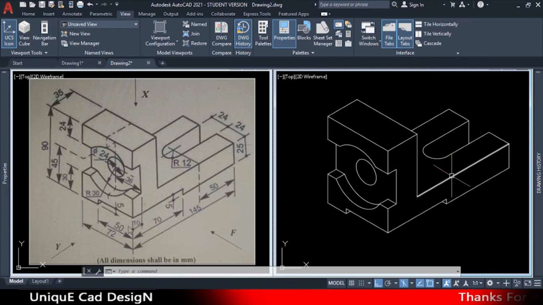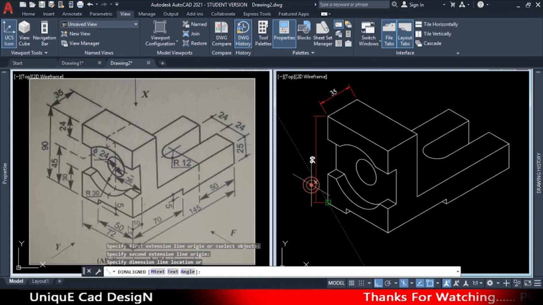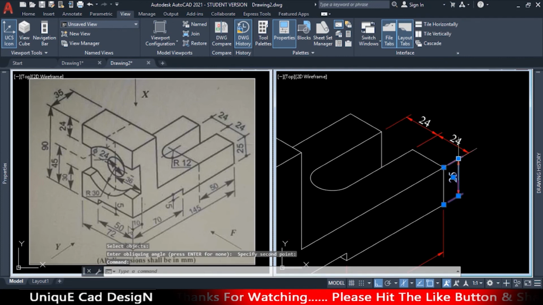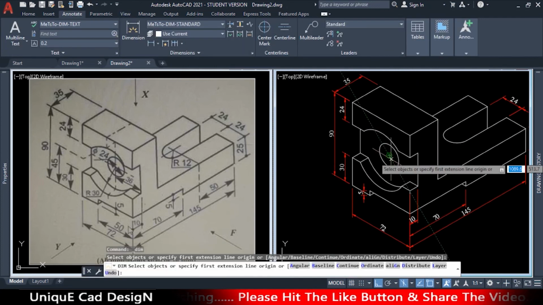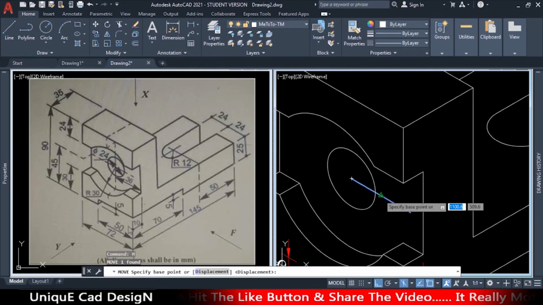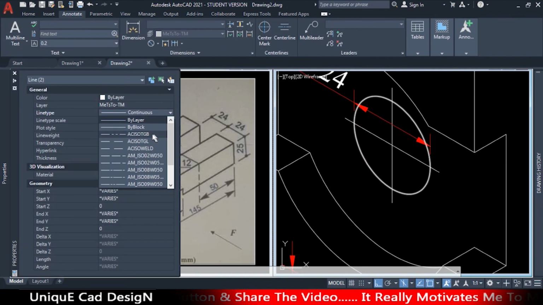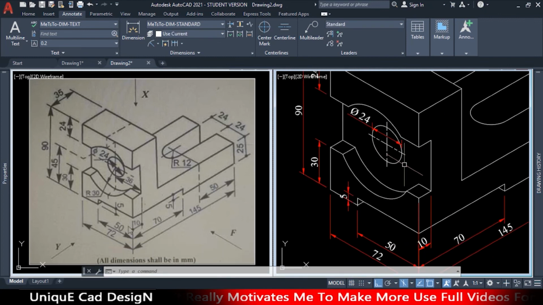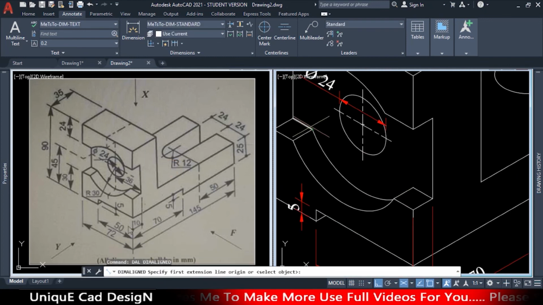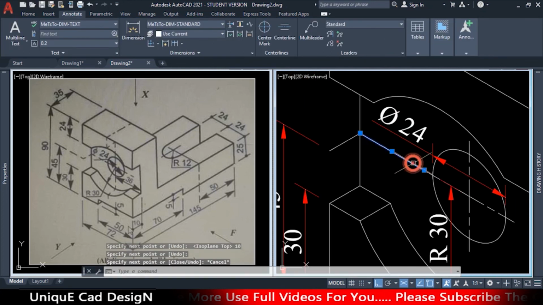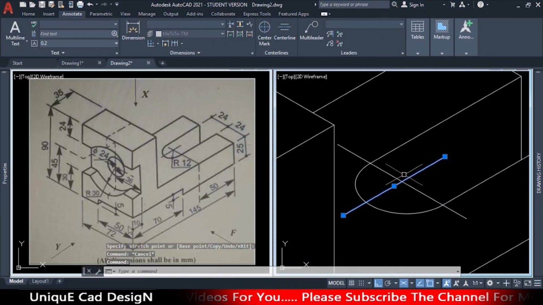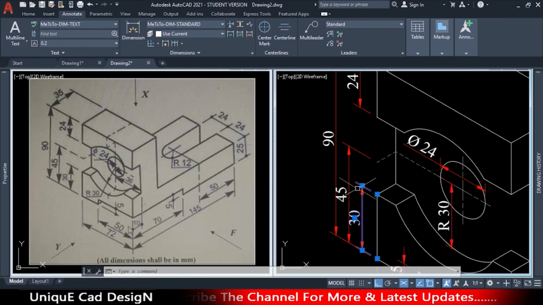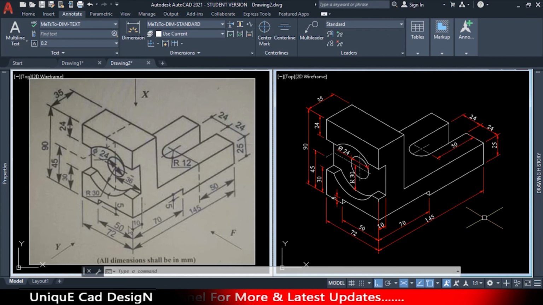Now I will add a dimension to this. Now the drawing is perfectly finished.